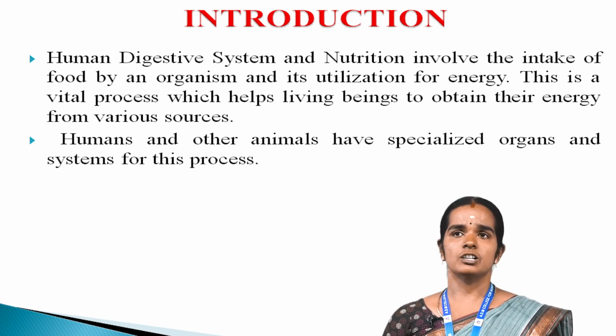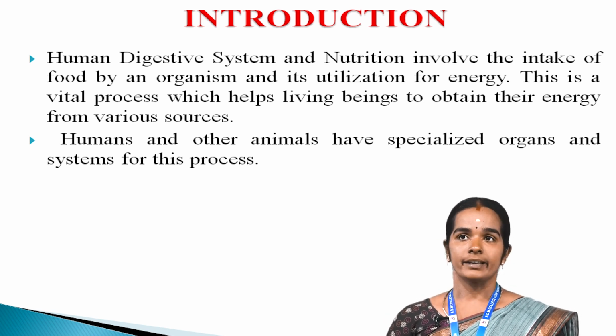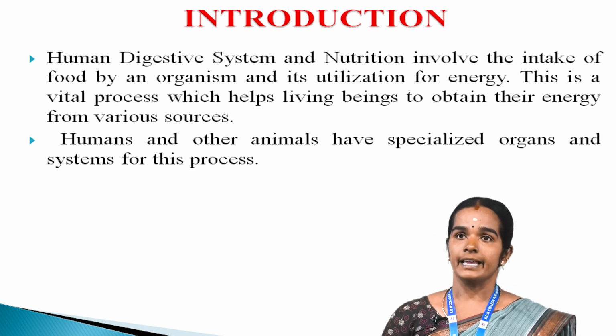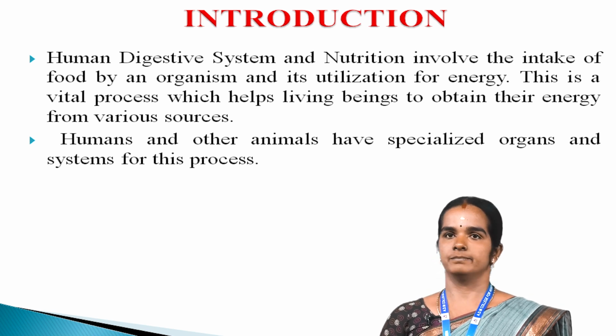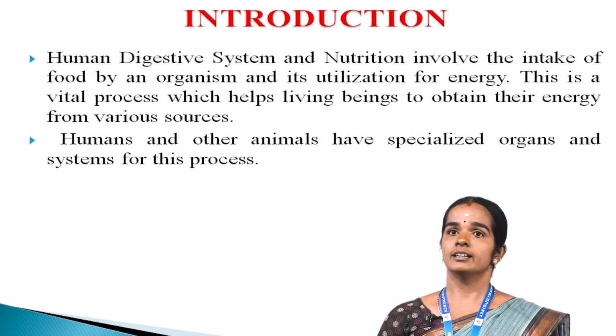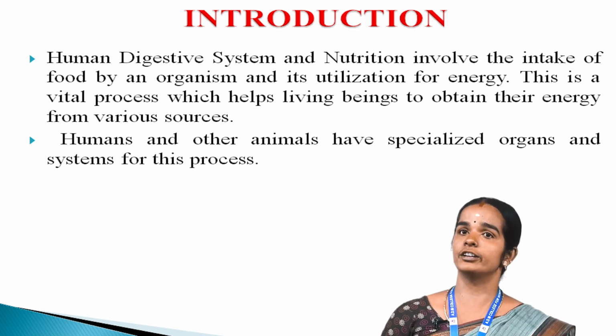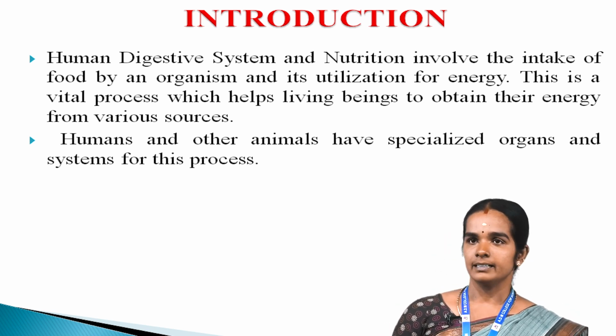The digestive system of the human body comprises a group of organs working together to convert food into energy for the body. The digestive system is made up of the gastrointestinal tract along with auxiliary organs such as the liver,